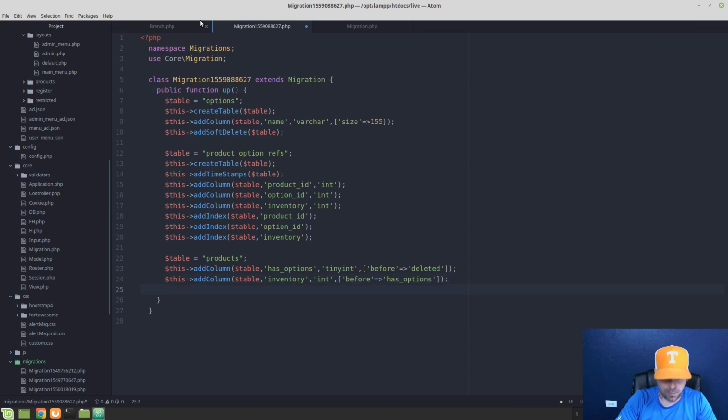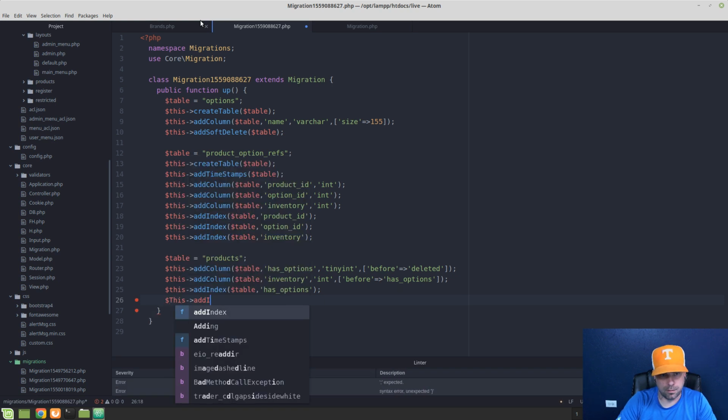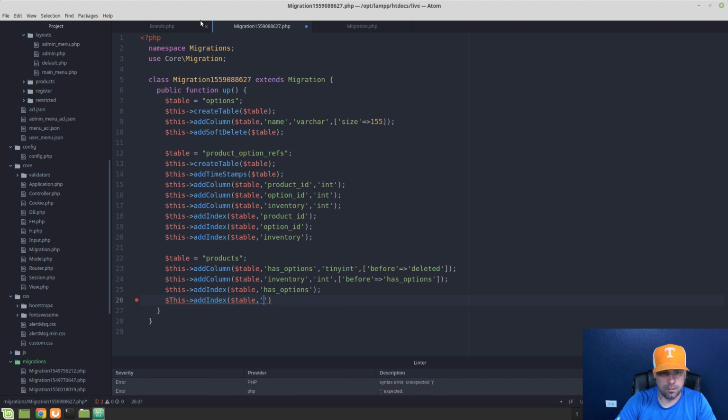But actually first, before we do that, let's do a couple indexes here on the products table. Might be able to get away on that one without doing an index on the has options, but